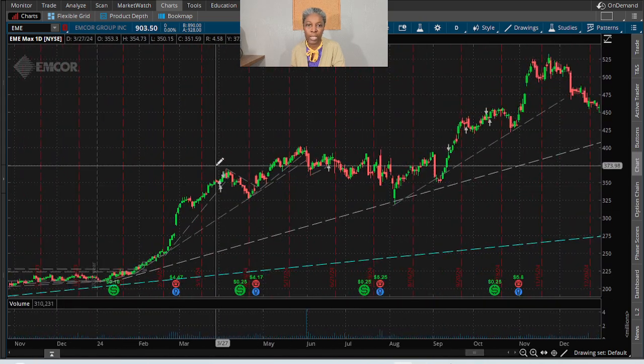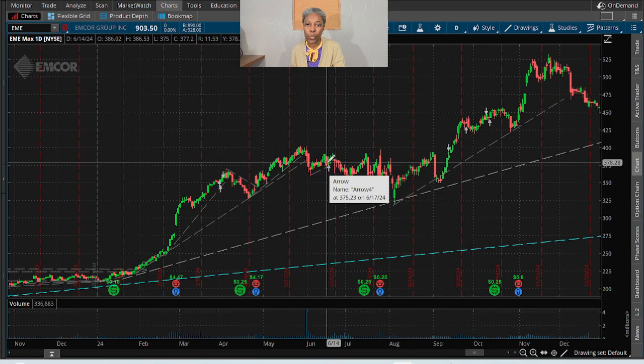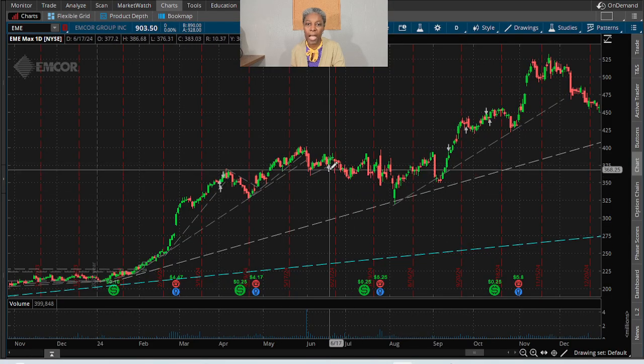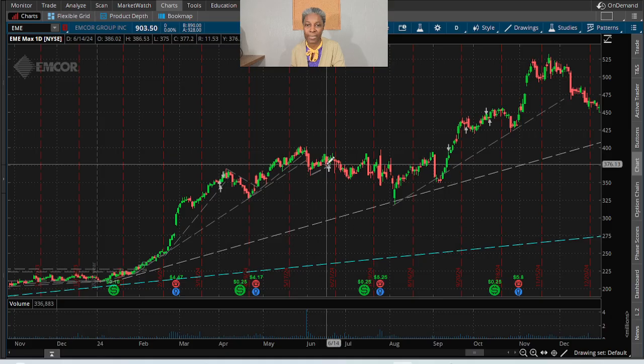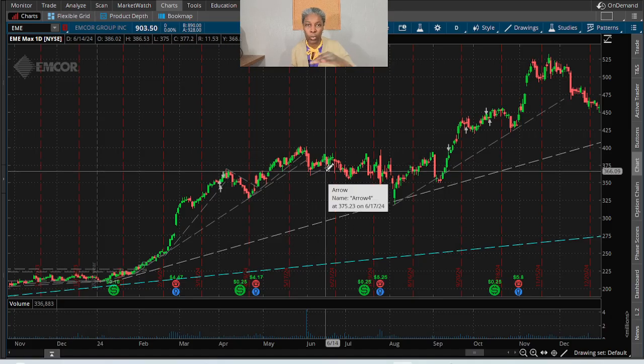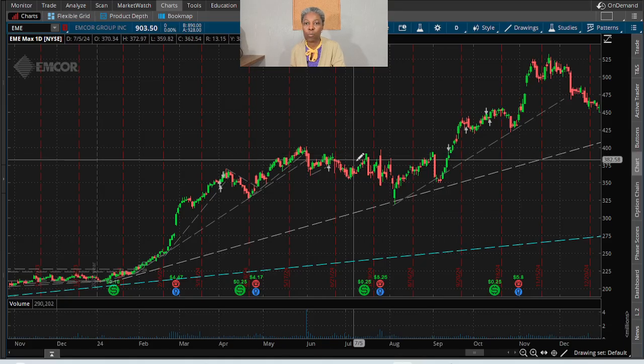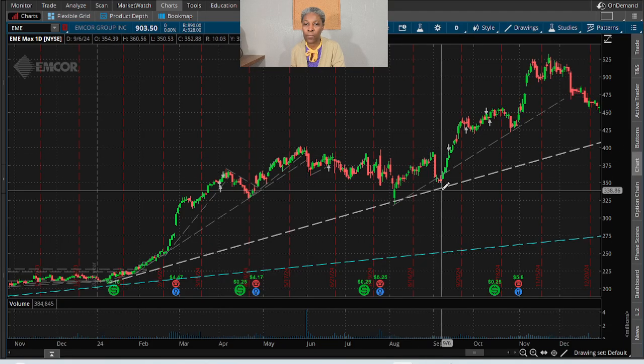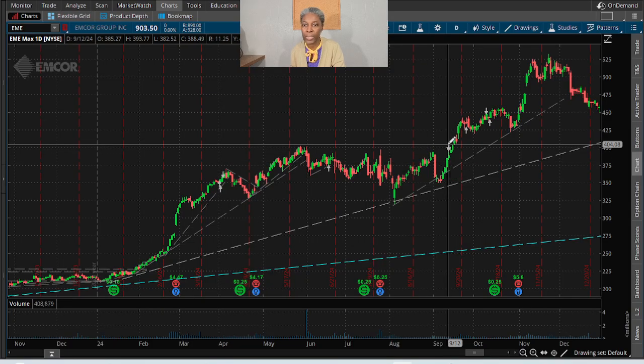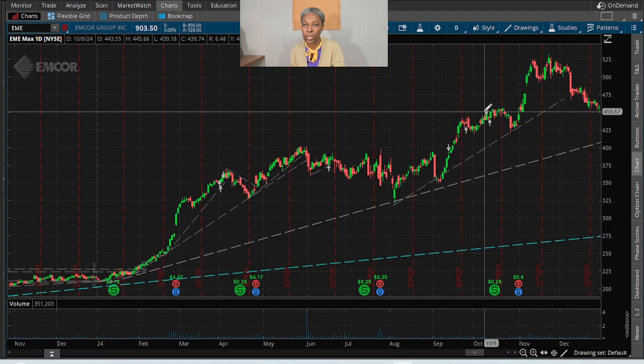So I purchased it and sold it there. And I purchased it there. When I put my mouse on the arrow, I could see the dates that I purchased it, but not necessarily the price that I paid for it, since I put it at the bottom of the bar, not exactly at the price level. I bought it there, it pulled back on me. I became negative in it for a while, and then I sold it there when it became positive. And I bought it there and I sold it there. I bought it there again,